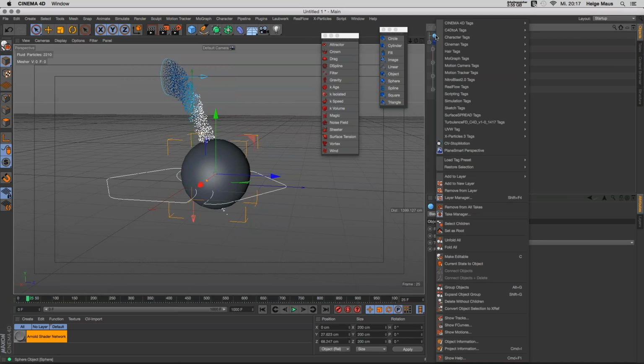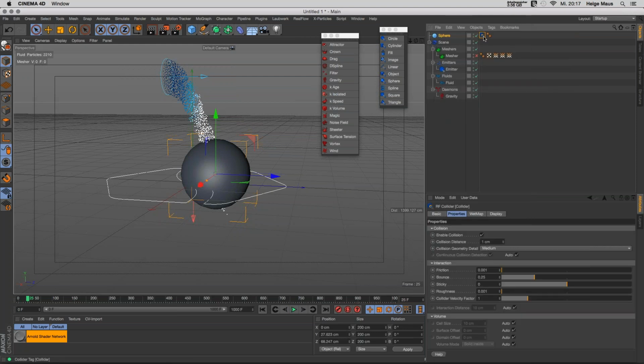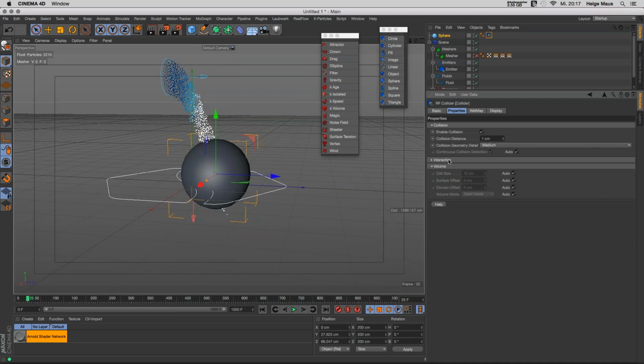The collision is tagged here with a RealFlow tag. It's a collider tag, and if I take a closer look into the collider tag, you see we have many options, but the most important thing is enable collision here. And if I press play now,